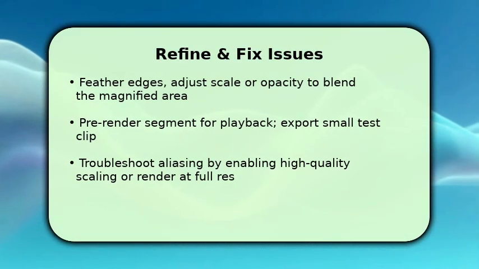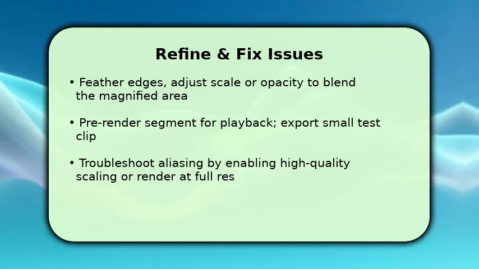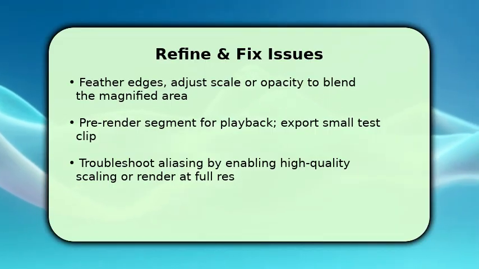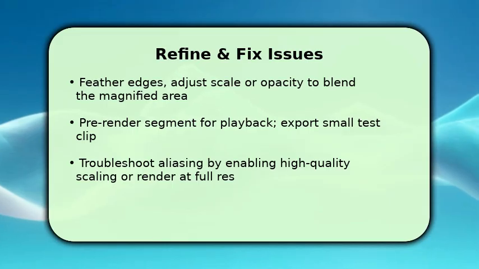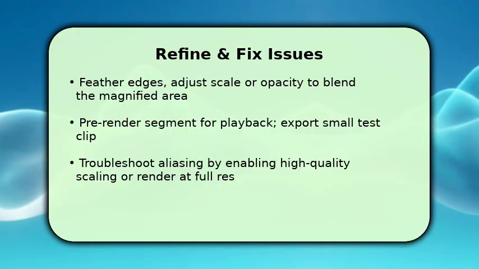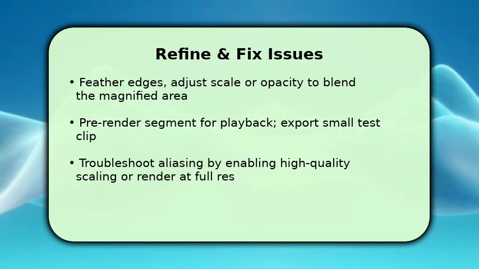This prevents jarring jumps and guides the eye naturally through the frame. You now refine the effect by feathering the magnify edge and slightly lowering opacity so the change reads as intentional, not accidental. Once satisfied, pre-render the segment to confirm smooth playback and export a quick test clip to verify quality. If you see jagged edges or pixelation, make sure high-quality scaling is enabled and render at full resolution. If motion drifts, recheck your keyframes and adjust the center point. These steps lock in a polished,